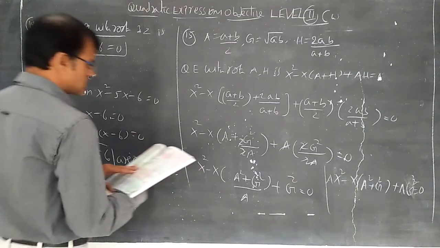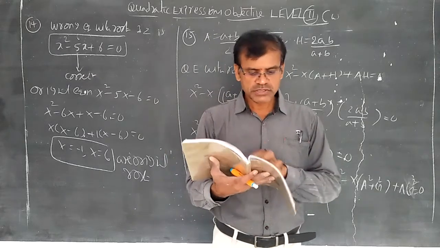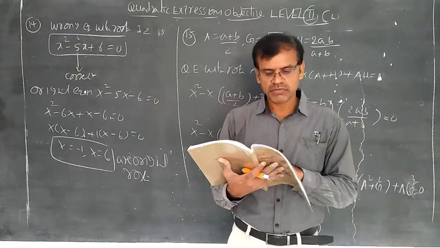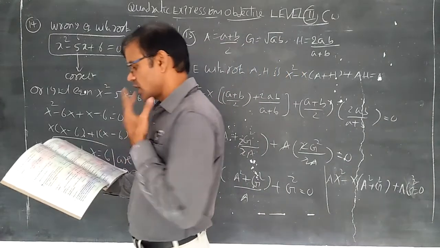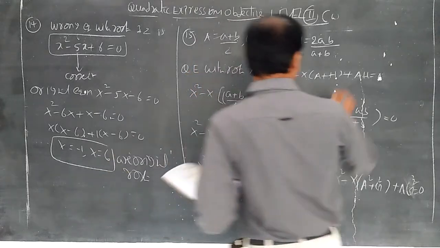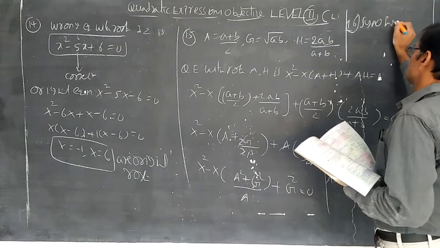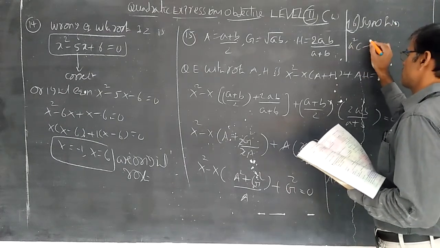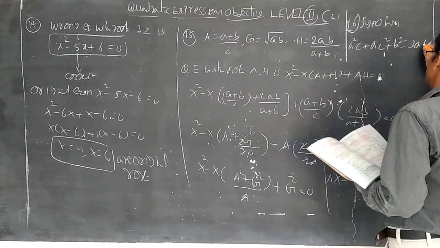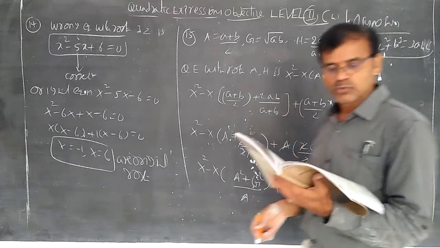Now, let us discuss the 16th question. If one root of the equation is the square of the other, I think we already discussed the theory in the previous class. Yesterday I gave the synopsis for the 16th question: a square c plus a c square plus b cube is equal to 3abc. Yesterday I said this, students, regarding this question, and a proof also I gave.